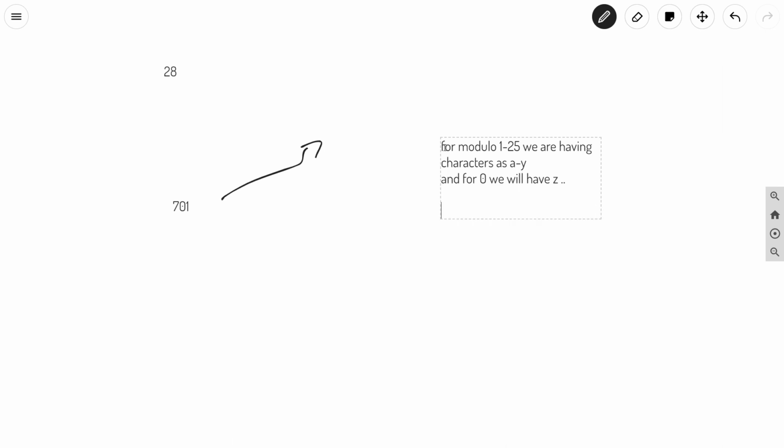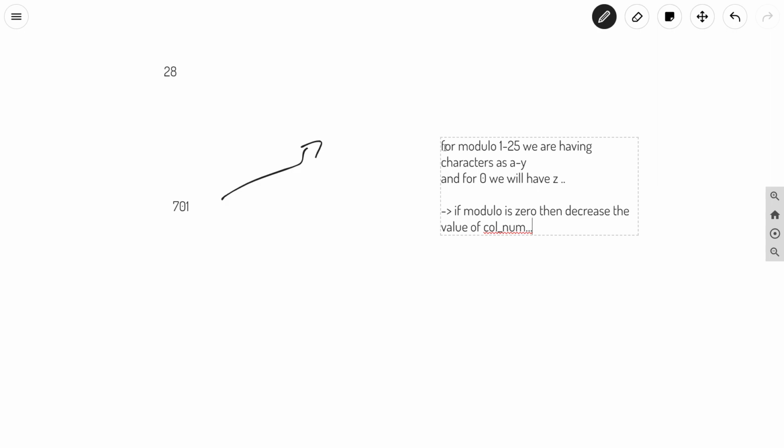And another thing is that if modulo is 0, then decrease the value of n, the column number. Okay, so I will write here column number. So these are a few things that we have to keep in mind.